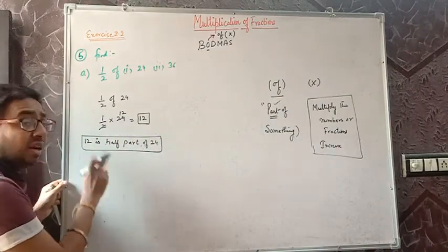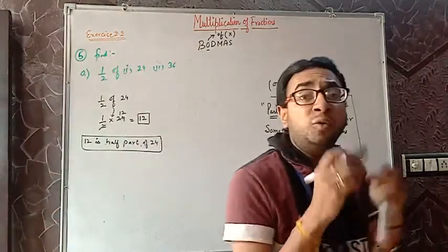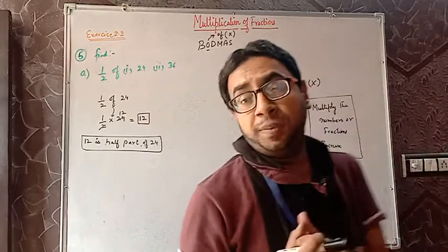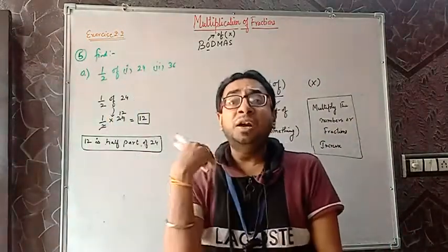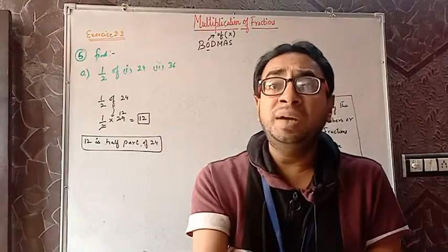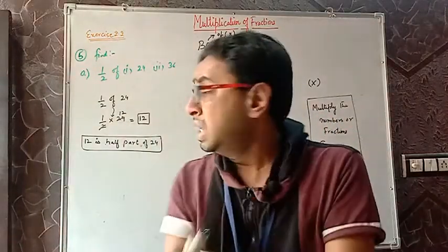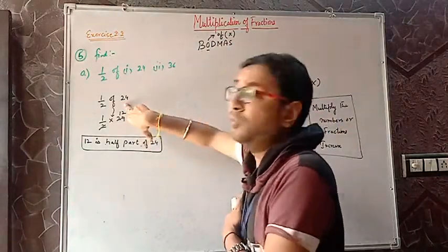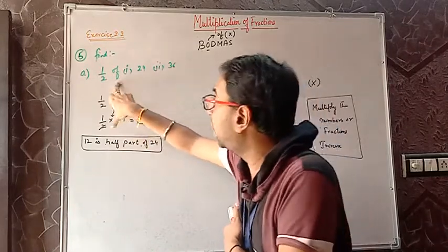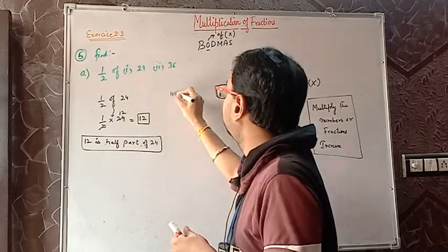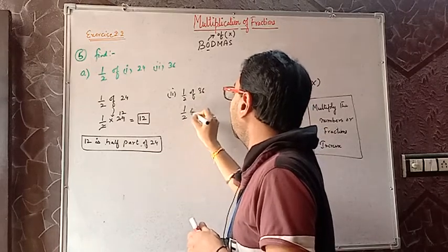Here we are getting a part. We are discussing the part. That is why we have converted of into multiplication. For example, I can take a brilliant example. You are the part of my class. It means you belong to me. You people belong to me. You are my part. Same thing, 12 is the part of 24. That is why of. Then second part, 1 by 2 of 36 means 1 by 2 into 36.